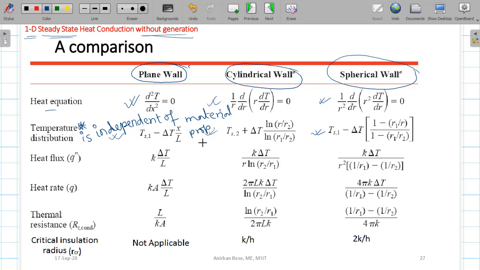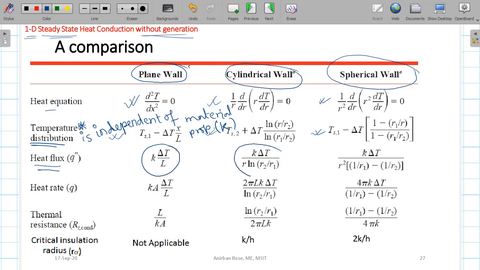Like K, it is independent of K. So it is independent of thermal conductivity. So regarding the temperature distribution, this is the observation. Now regarding the heat flux, you observe the heat flux values in case of plane wall,